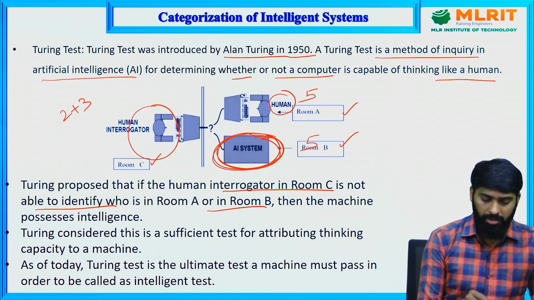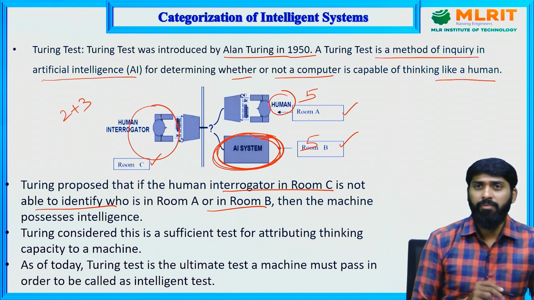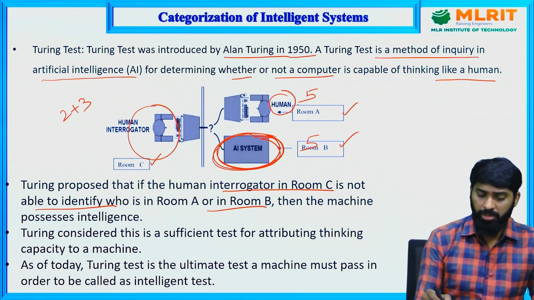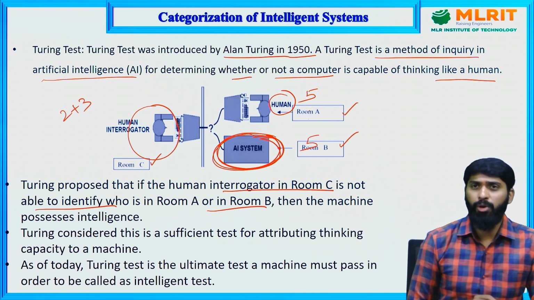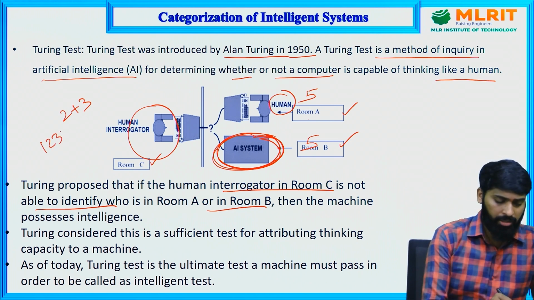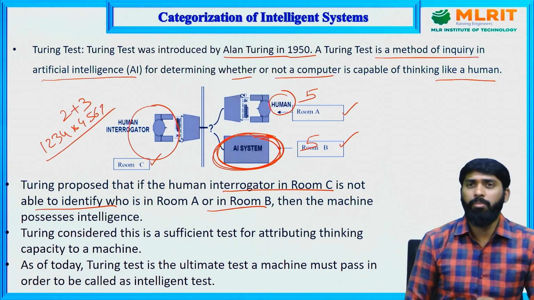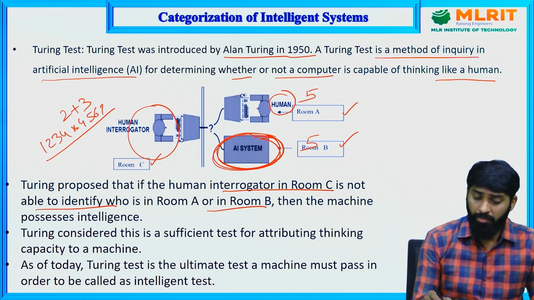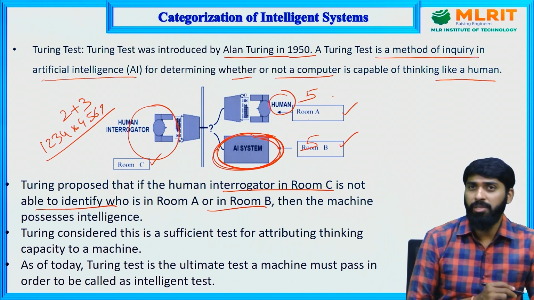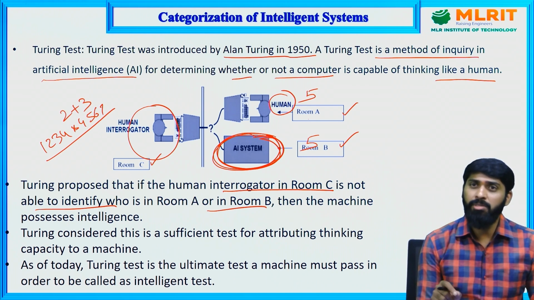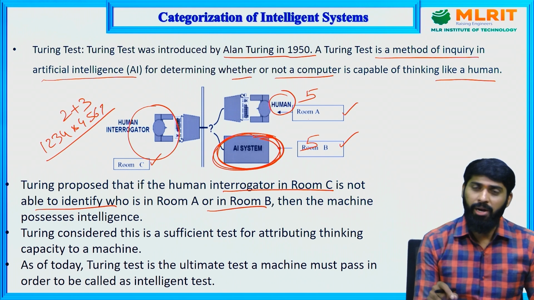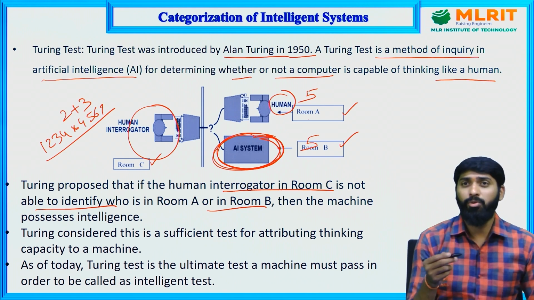Now the interrogator will not be able to identify who is in room A and who is in room B. Suppose the problem posed by the human interrogator is more complex. The human will take some time to give the answer, but the AI system would give the response very quickly. But if the AI system also thinks like a human and gives the reply like a human, taking some time to reply,